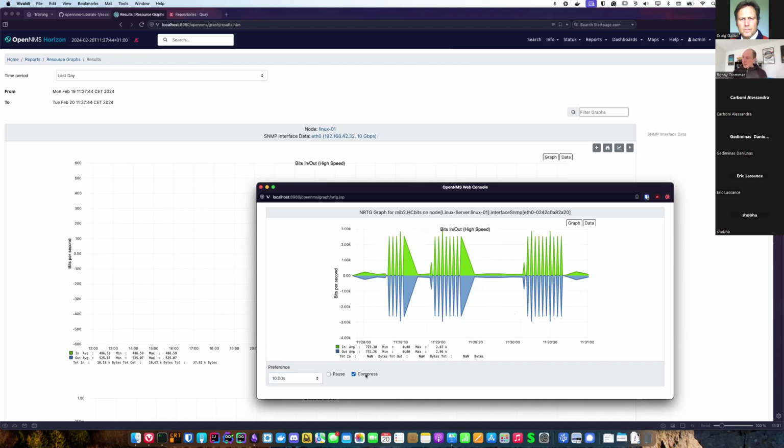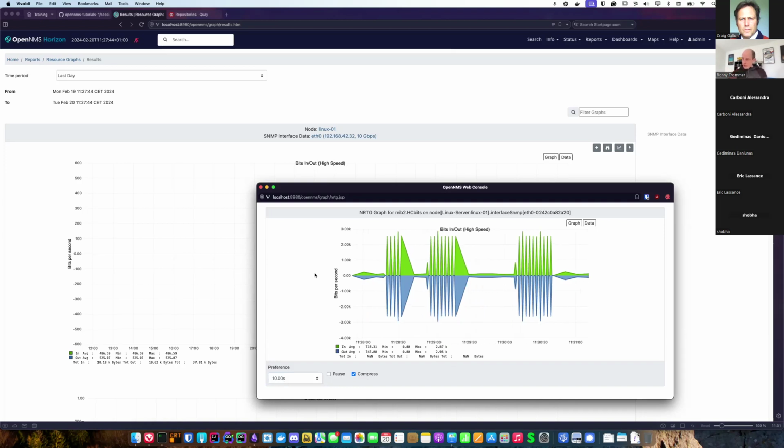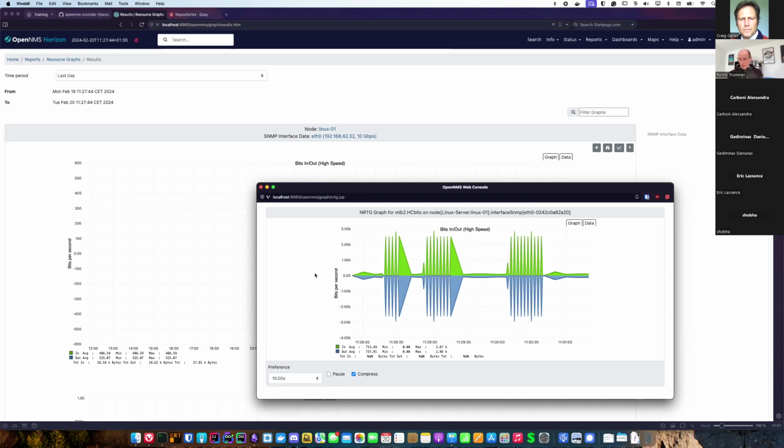So what happens here is, OpenNMS fetches the metrics every 10 seconds and just visualizes it in that UI. It doesn't persist it on the file system. It's just for you in the UI. If you close that window, the data is gone.